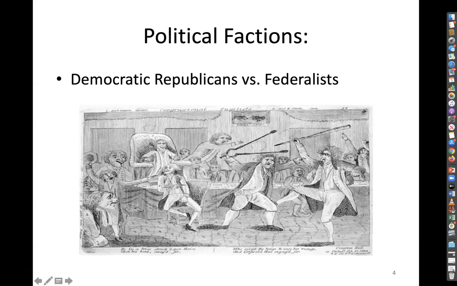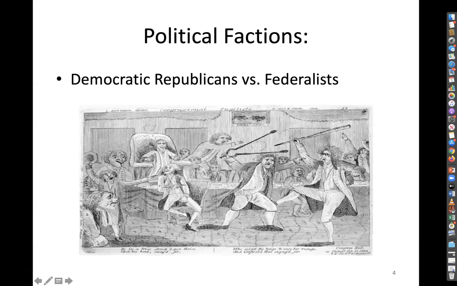By the way, so too did Washington in his farewell address, which, by the way, is an informal precedent that he established, right? To give a farewell address at the end of your presidency. He warned against, quote, the baneful effects of the spirit of the party, unquote. All right. But despite these warnings, it just happened that you see parties emerge. And this is what historians call the first party system.